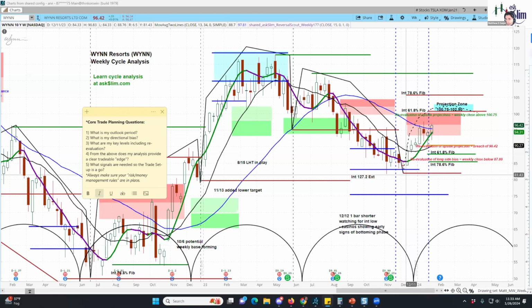The momentum indicator is positive at this time. And in terms of the minor weekly cycle structure or pattern structures here, you can see that we've taken out some of these prior highs. So overall, that gives me further confidence or conviction that at this point, we have a positive shape that is developing in Wynn on this intermediate time frame, and not looking for a real huge move here in terms of upside, but looking for some upside, and I'll get to those levels here in just a second. So that's the weekly chart.